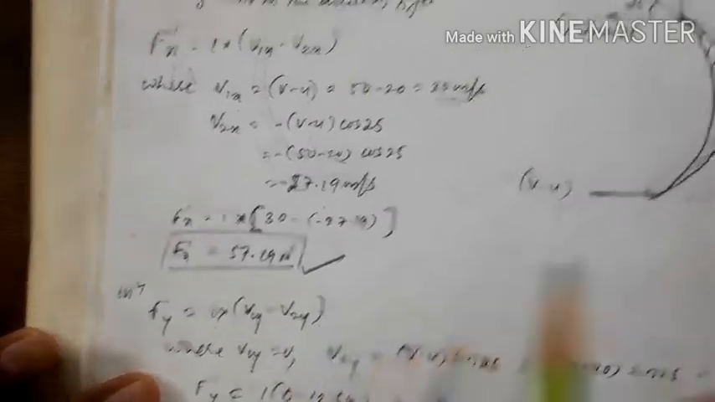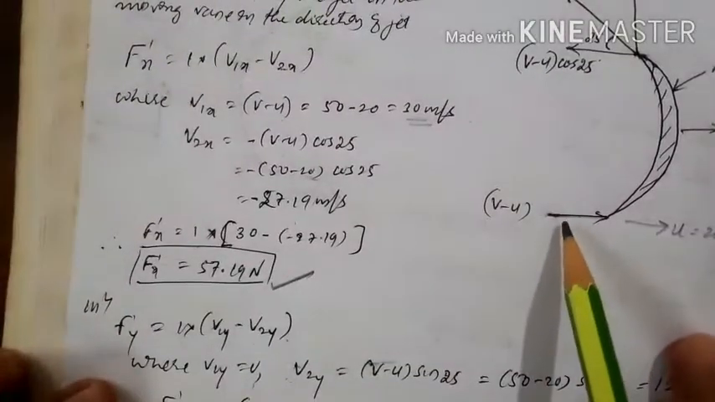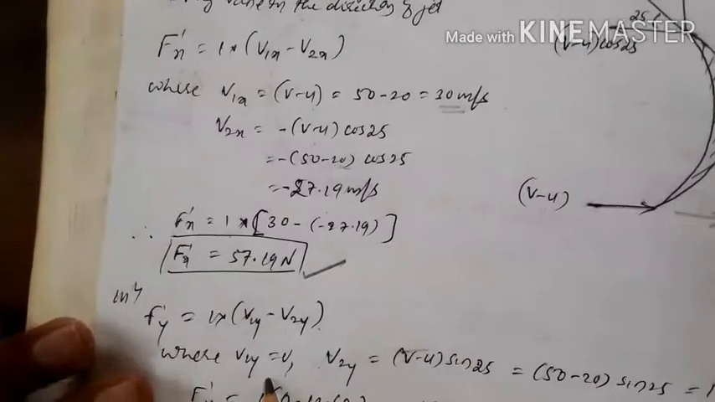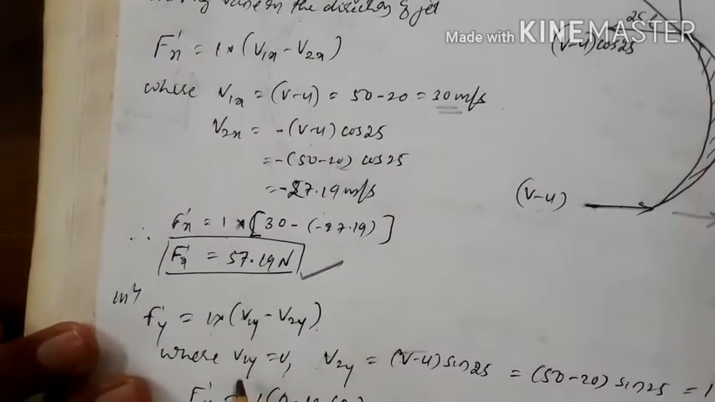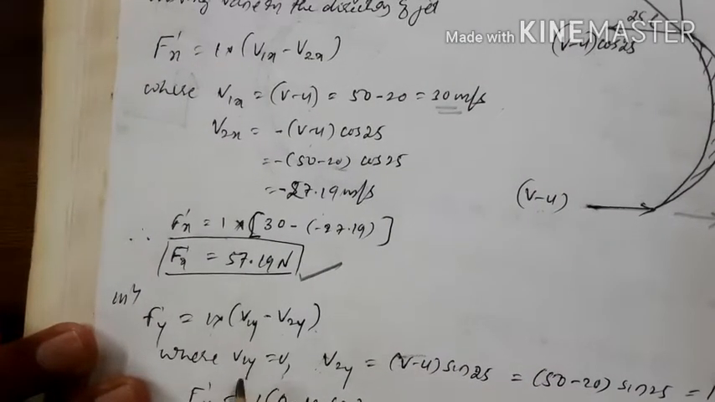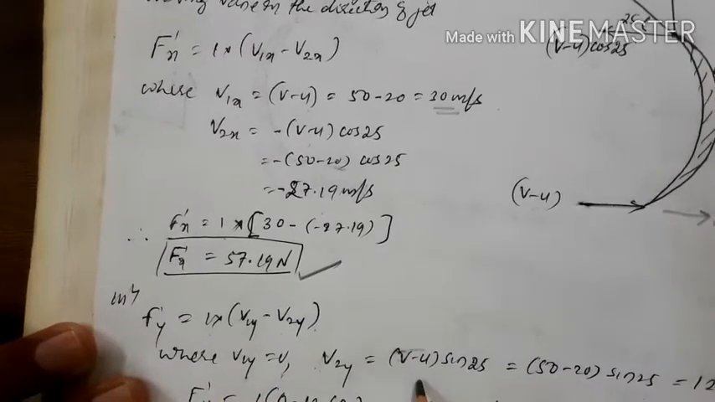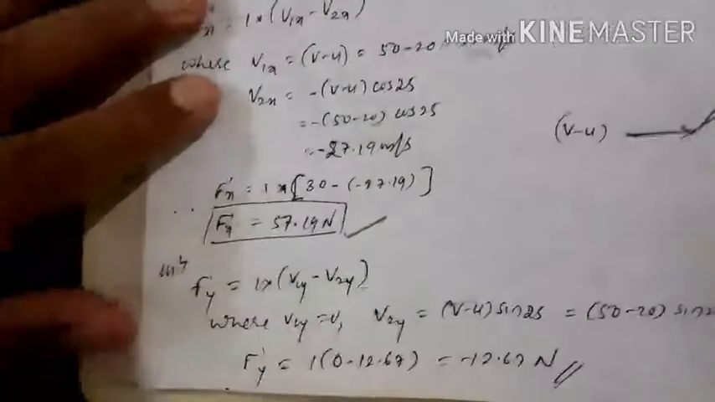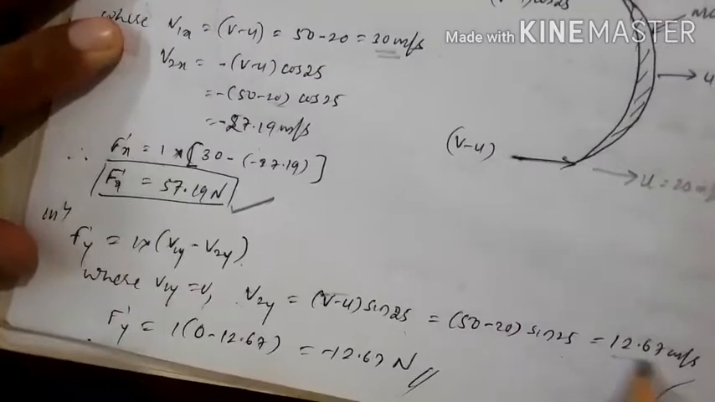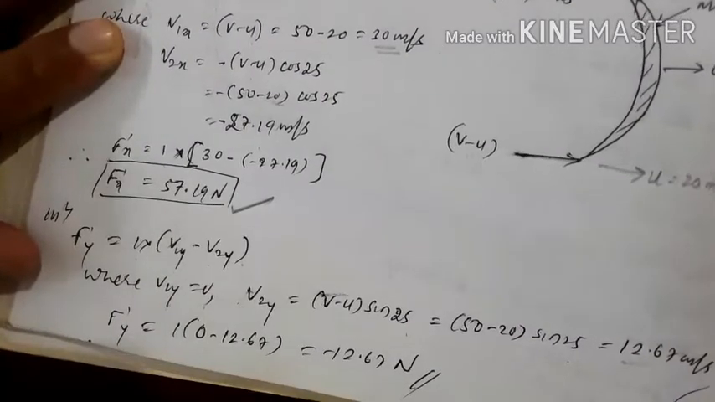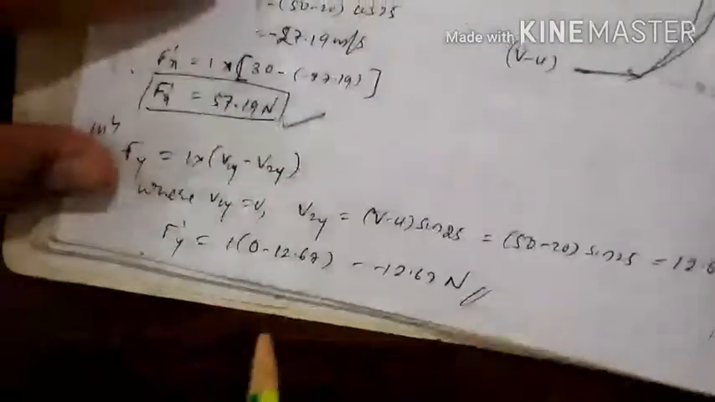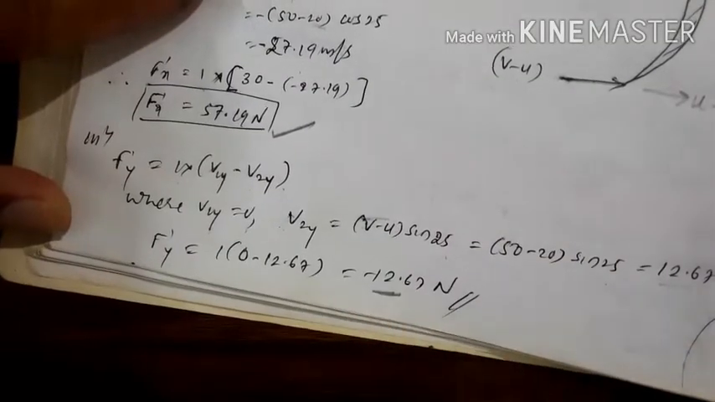v1y is 0. We don't have any y component here. Sorry, v1y is 0, and v2y will be v minus u sin 25. Then we get this as 12.67 meter per second. Then finally the fy will be minus 9. Then we calculate the resultant force,